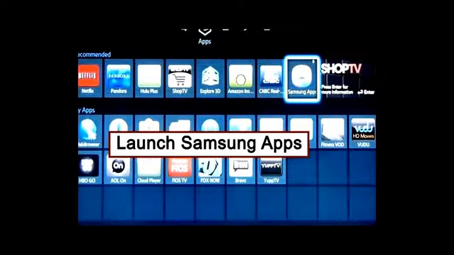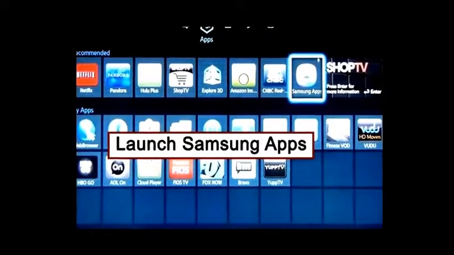Now, what Samsung changed is they removed the password. You do not need a password. If you try to put in a password on a develop account, it isn't going to work. It's left blank. The key at this point is to go ahead and click on the Samsung app section icon